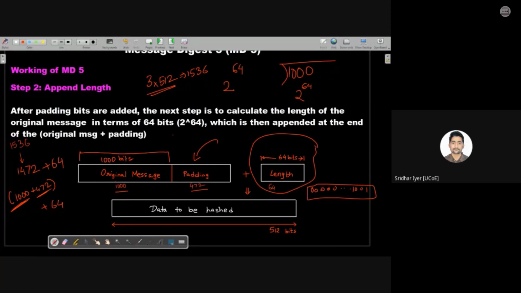So those 64 bits that we initially left blank, that can be filled up using this formula. That is, calculate the length of the message. Length as in calculate the original length of this 1000 bits in terms of 64 bits only. So if 1000 bits is your original message length, represent it in binary using only 64 bits. Am I clear? And whatever value comes, add it to this. I hope Harsh this is clear now.